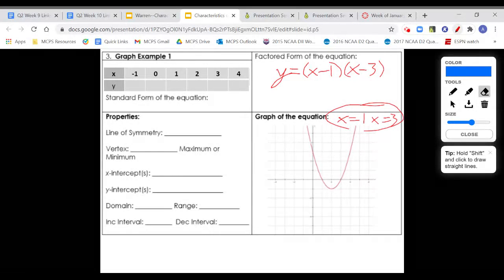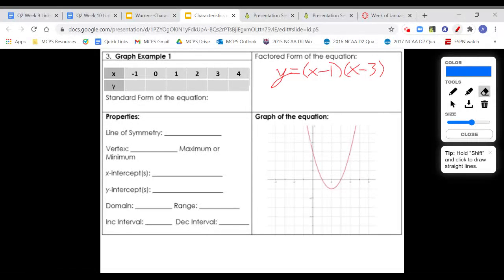So there's the equation. Okay. Now, once we have found factored form, I guess we can fill in the chart next. It doesn't really matter if you fill in the chart or find standard form next. You could do them in either order. They're not really dependent on each other, but I'm just going to fill in the chart because that comes first